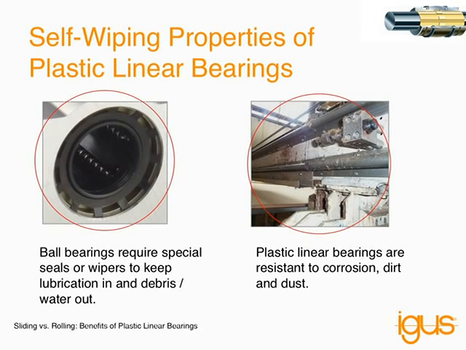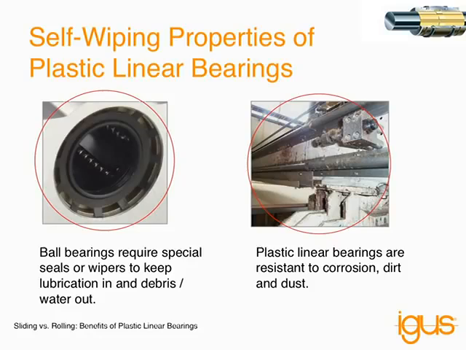Since composite linear plastic bearings don't require these external lubricants, there's not the main problem of lubrication related failure. They also don't require the ancillary equipment required to keep lubrication clean. So plastic bearings don't require any special seals or wipers to keep lubrication out or dust out of the system. They are self-cleaning. And if you look at this application photograph on the right, you'll see two composite linear bearing